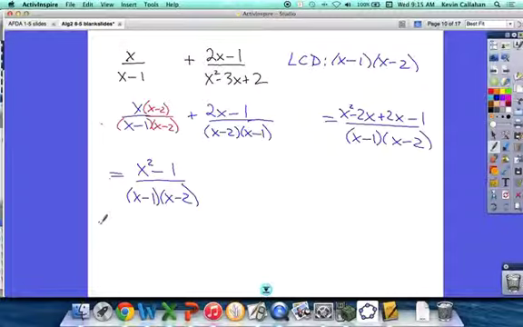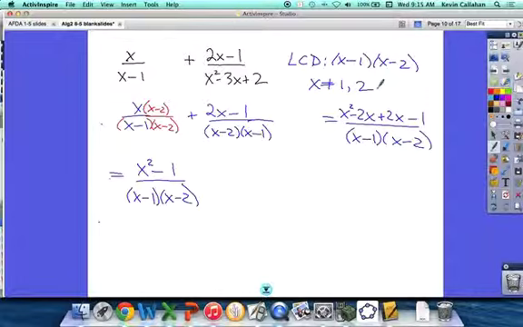So is it wrong if we did it like that? Yes. We're not done yet. Okay, now what does this say is the next step? Yeah, what are the restrictions now? x does not equal 1, x does not equal 2. I'm going to write that up here. X does not equal 1 or 2. And then the last step is